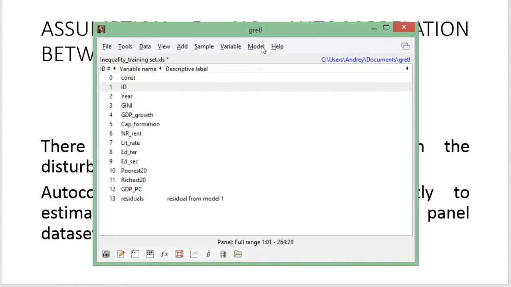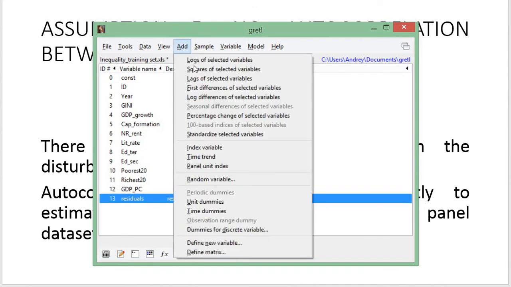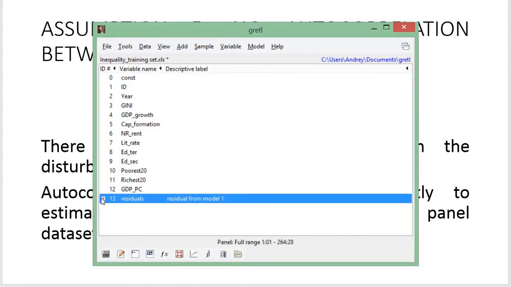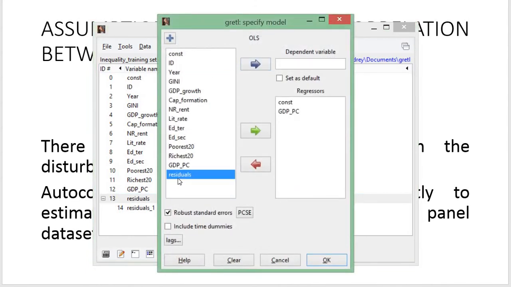So for this, you get back to Gretl. Here I have my residuals. I add a lag of the selected variable, so basically the value of the residual in the previous period. And I run a simple model. So here I have residuals against